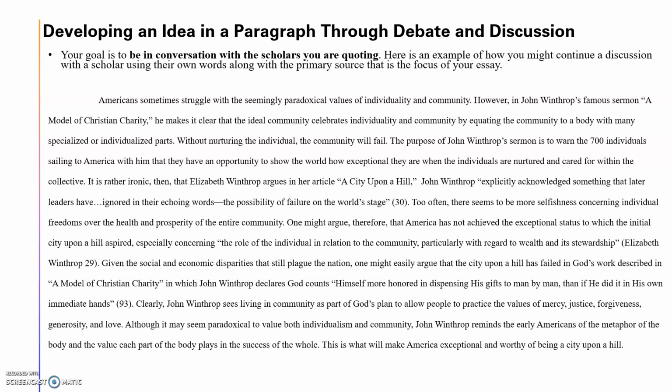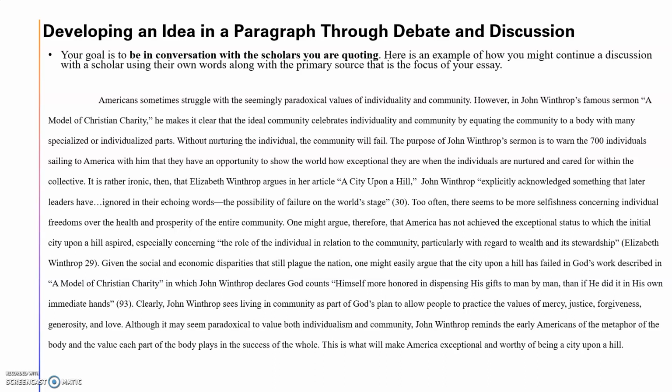So I have the main idea statement to begin, and then I will introduce the texts and sprinkle in the different sources, the primary source and the secondary source, to build the argument and show how I'm having a conversation using the primary source as my support for interacting with Elizabeth Winthrop's article about the same topic, the same primary